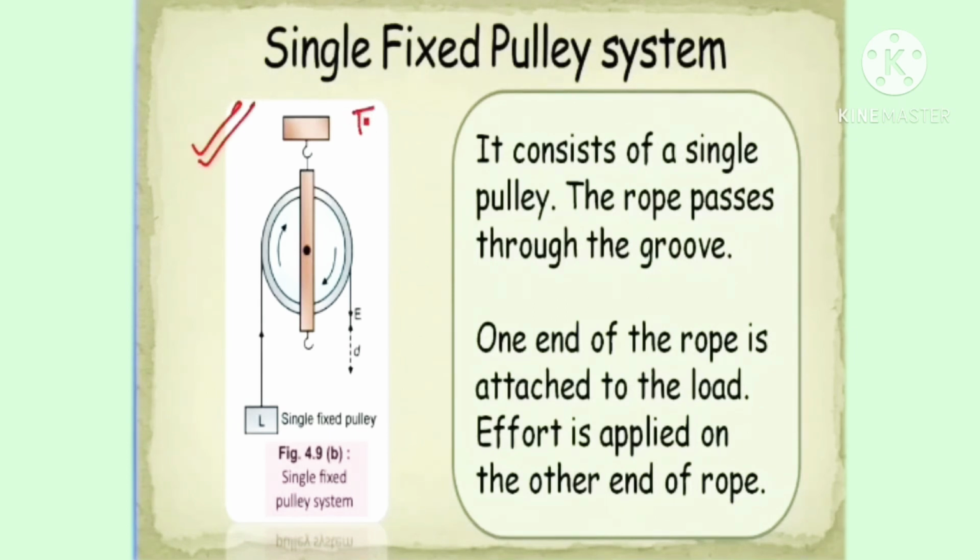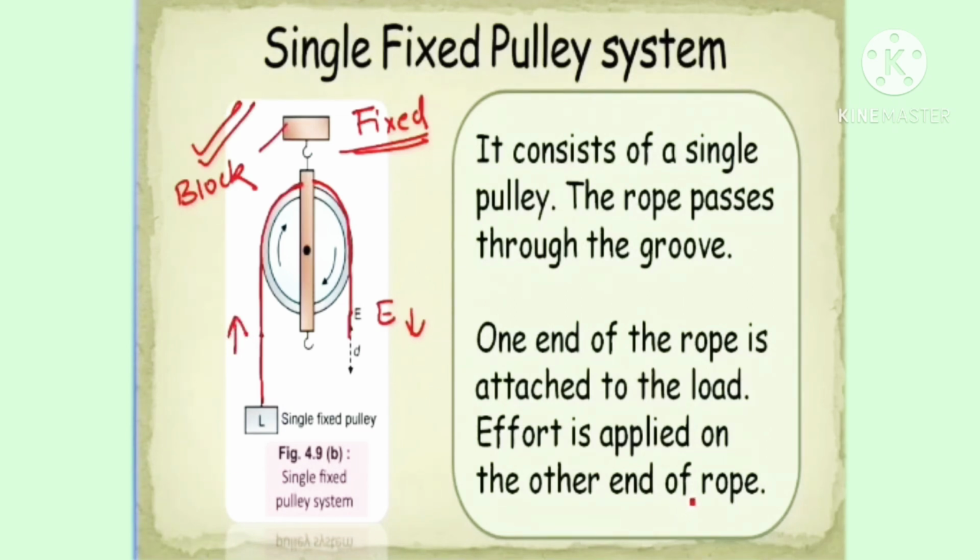In this case, the pulley is fixed to a point, let's say the block, as we understood earlier. What we are seeing here is a rope that I am tracing right now, going over the groove of the pulley and then further used to lift a load or anything else that the pulley is made for. In this case, the effort is applied in the downward direction on this side, and because of this the load is going upward.